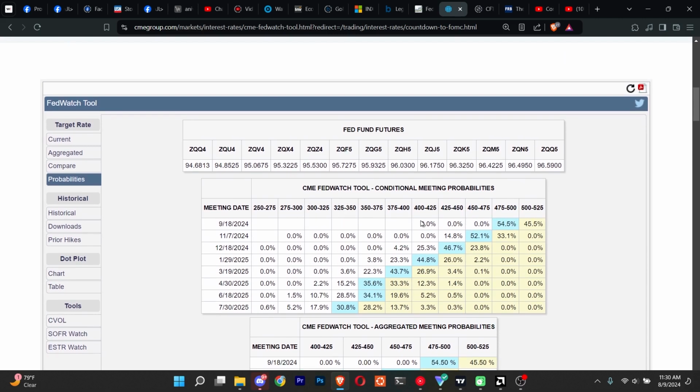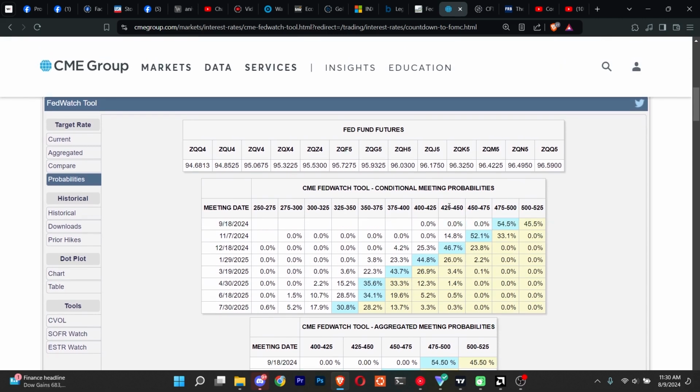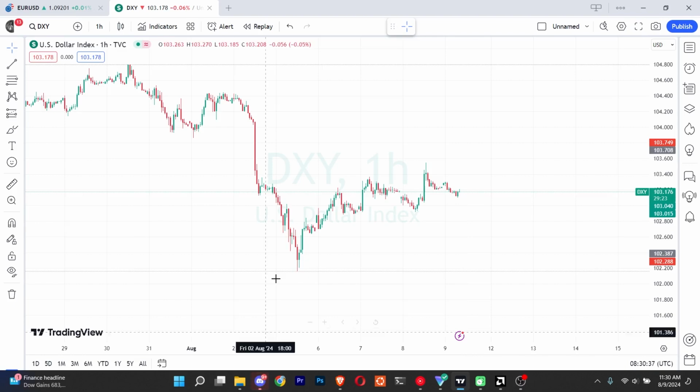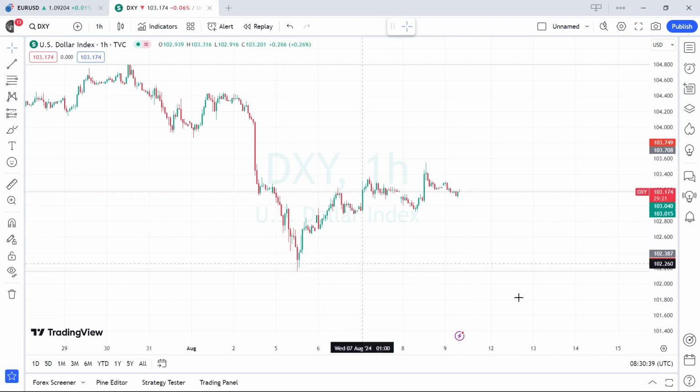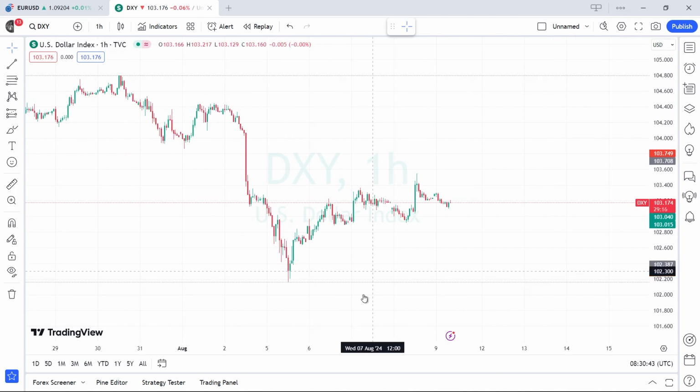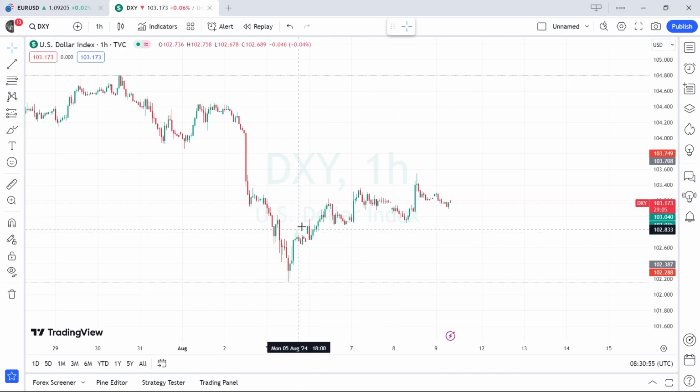So quickly, I'll move on to the dollar index, and that's what we're going to look at. Here we are. This is the dollar index, and as you can see, this is the hourly chart. For Monday, this is where Monday began, around here. From Monday to where we are now, price has been generally flat since Tuesday. Trend higher, back lower, higher, lower.